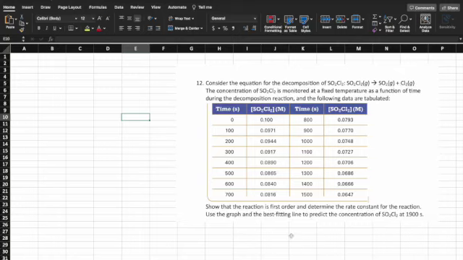It's Valentine from Simplistic. In this problem, we're going to consider the equation for the decomposition of this compound, SOCl2. And the equation is SOCl2 gives us SO2 plus Cl2. And what's happened is the concentration of the SOCl2 is monitored at a fixed temperature as a function of time